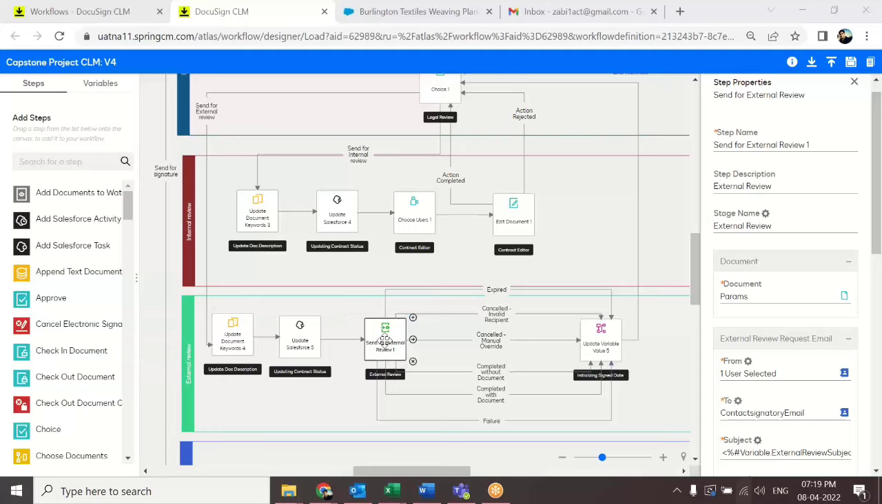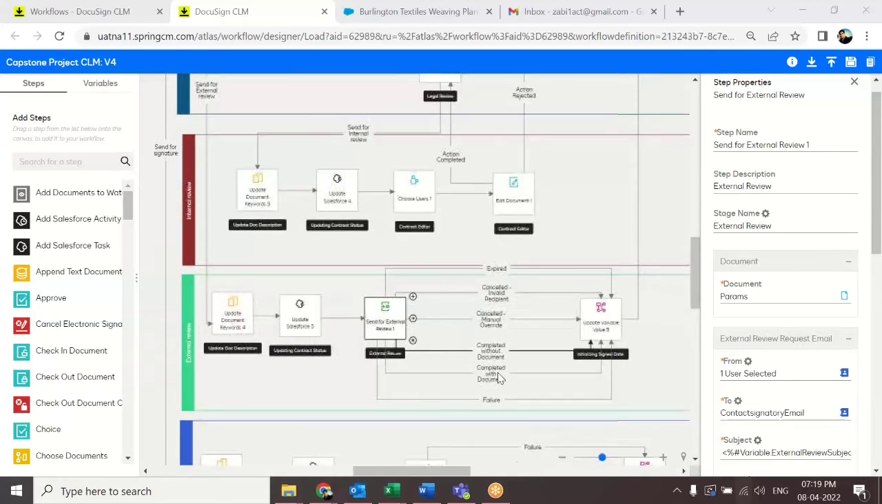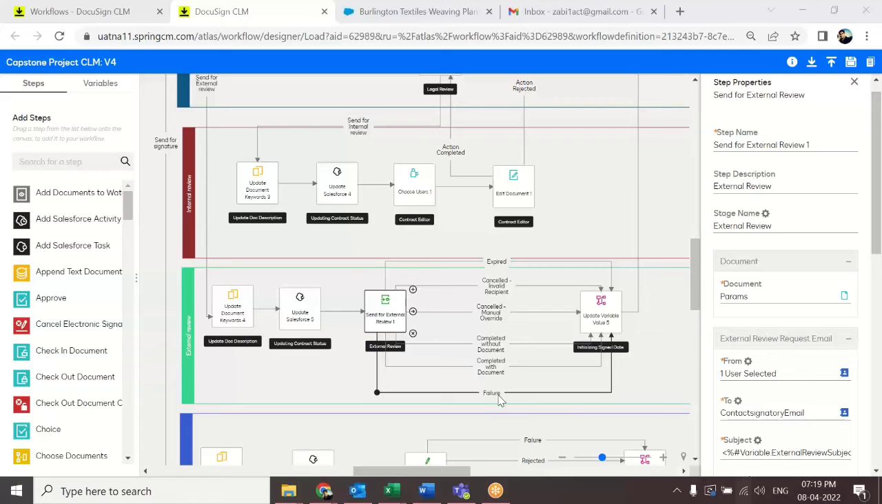So in the external review, we have taken care of the exception handling. We have completed the document, cancelled, the expired and the cancelled, invalid recipient, cancelled manual override, completed without document, completed with document, or failure. And then once that has been done,